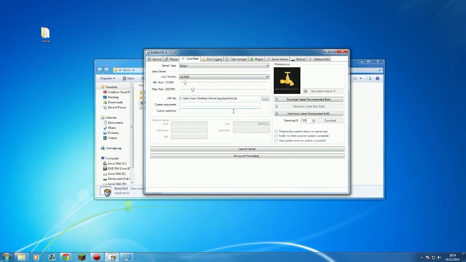Custom arguments, you don't need to worry about right now. Custom switches, don't need to worry about them either. If you would like a tutorial on custom arguments, go ahead and let me know. I will make a video if you guys want one. The only argument I recommend adding, just for a small server, is dash server, which makes Java run in a more optimized server mode. So yeah, just go ahead and click launch server,